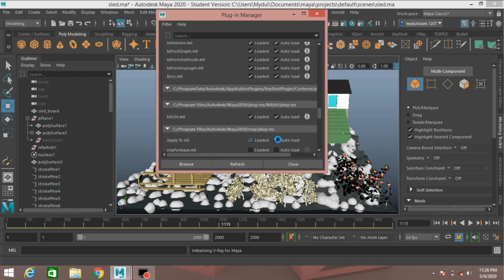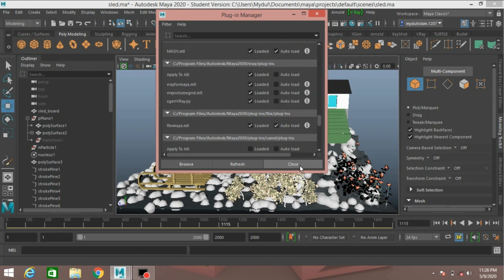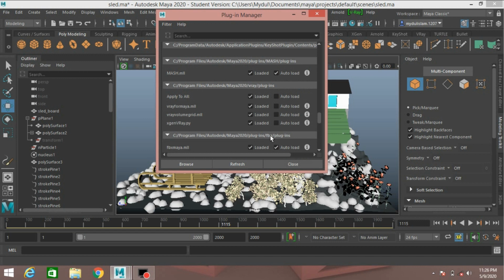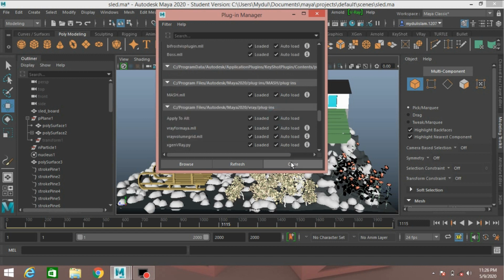This will initialize V-Ray for Maya. Click Auto Load. Click Close.